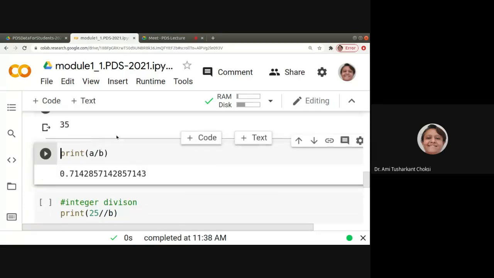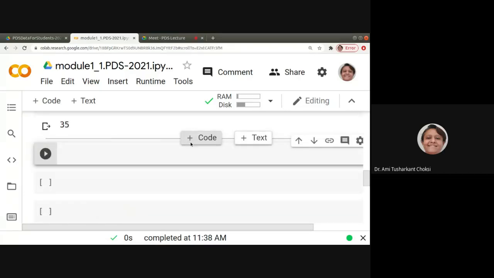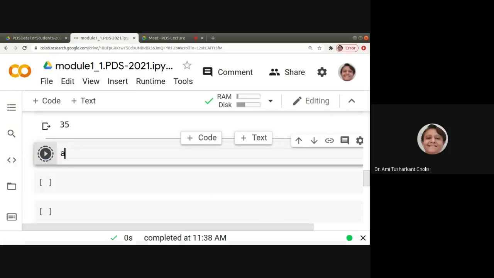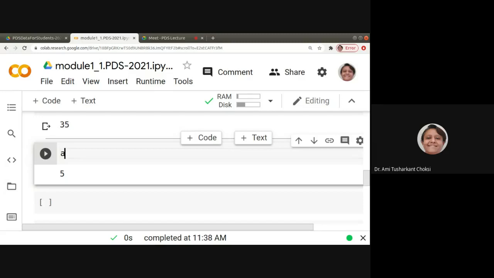Now what? I do not know what is A and what is B. You can say, ma'am, we have already done, we know what is A and what is B. But after some time, you may forget, right? So better to give A. In coding, we used to write it as print. But only for printing the value in the cell, you can get it this way. Otherwise, in the whole code, that is in the program, we always need to write it this way only.